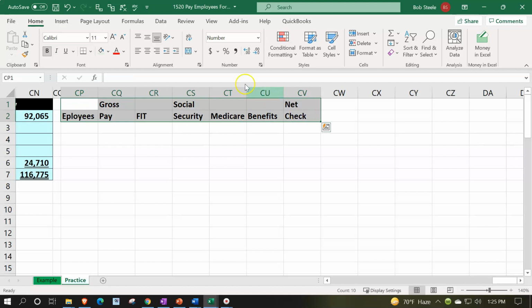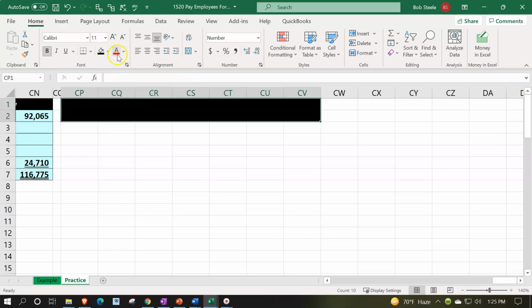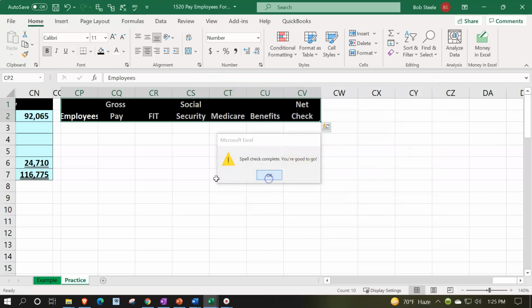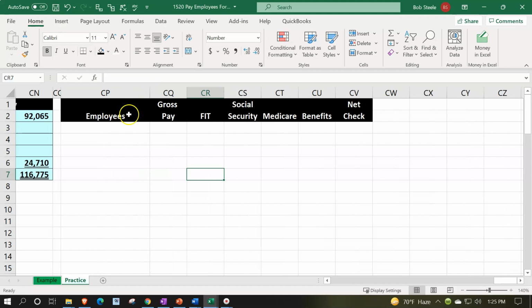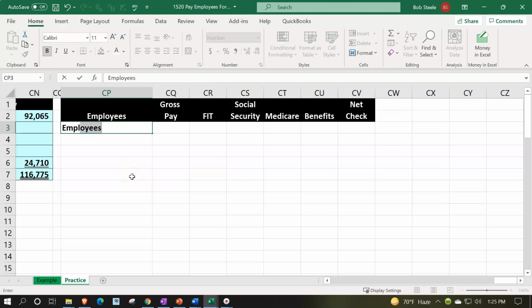Let's make that our black and white, as has been our tradition. This will already be there on your worksheet if you're using this worksheet, but if you're building this with us, this is us building it. We're then going to center this and check the spelling on it. Did I spell it right? Employees is misspelled. Spell employees right, for goodness gracious. And then I'm going to make this a little wider, and I'm just going to call it employee 1, E1, this would be their names, by the way, of course, and employee